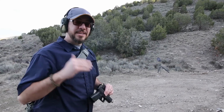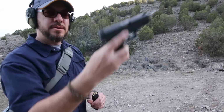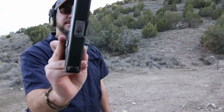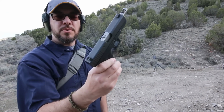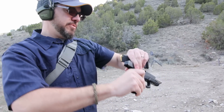We haven't done one of these in a while, and it's going to be a shooting one. As you can see, I have my Glock 23 right here. It says .40 cal on it, right around there someplace, but you also see that it's got the Lone Wolf conversion barrel in it for 9mm. Now, I've talked about that before. We're not talking about that today. What we are talking about today, and we'll make sure that's unloaded for a second,